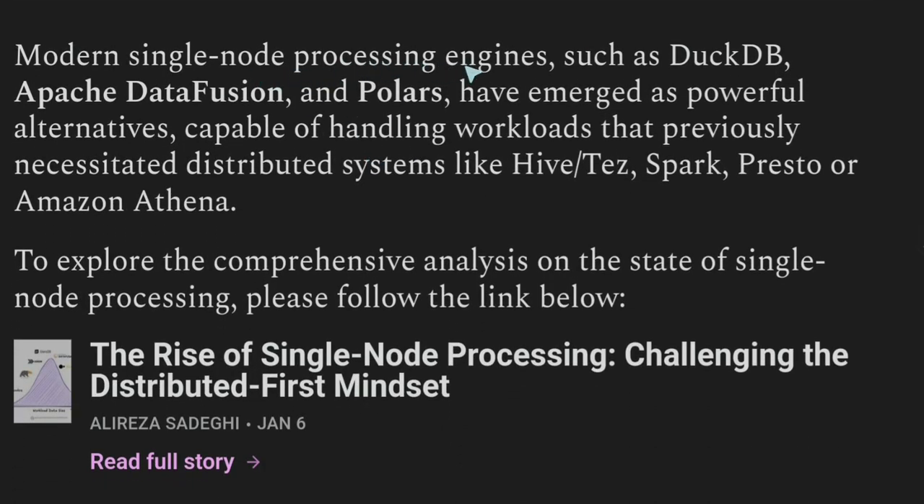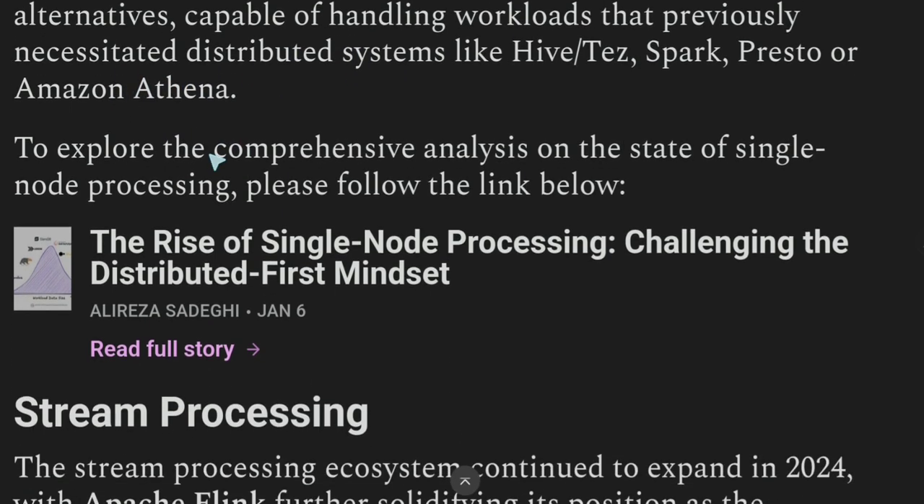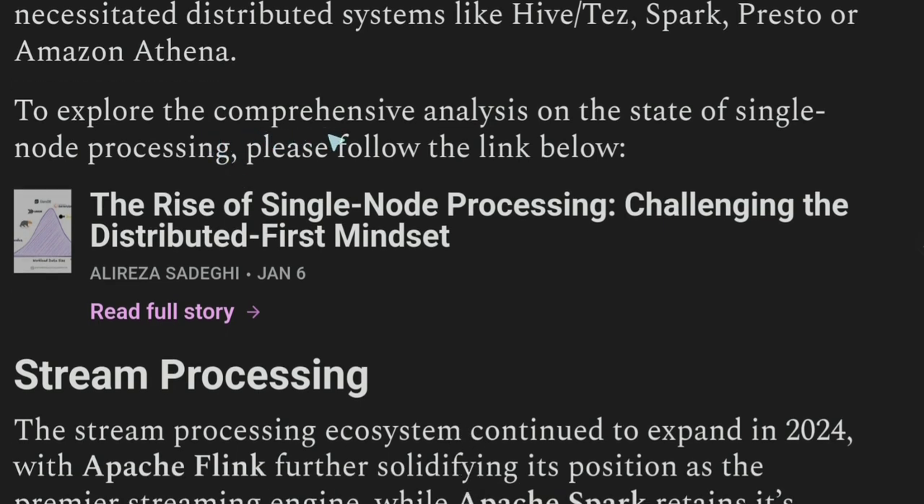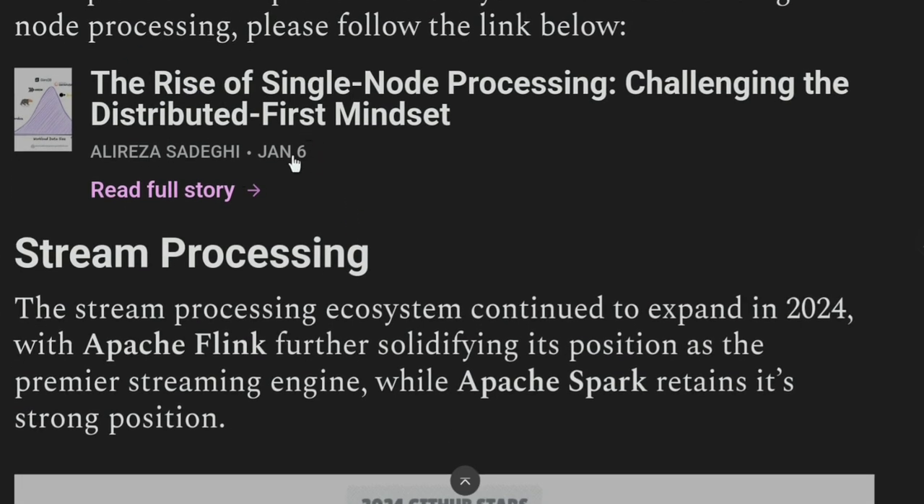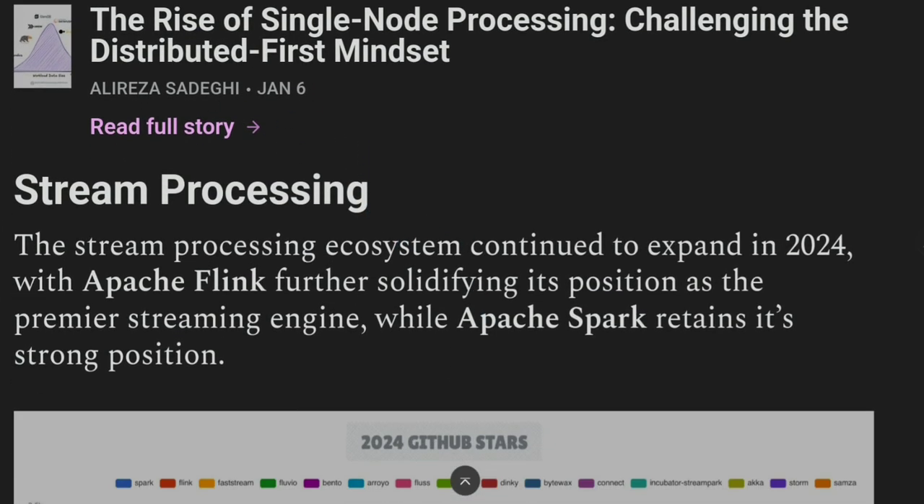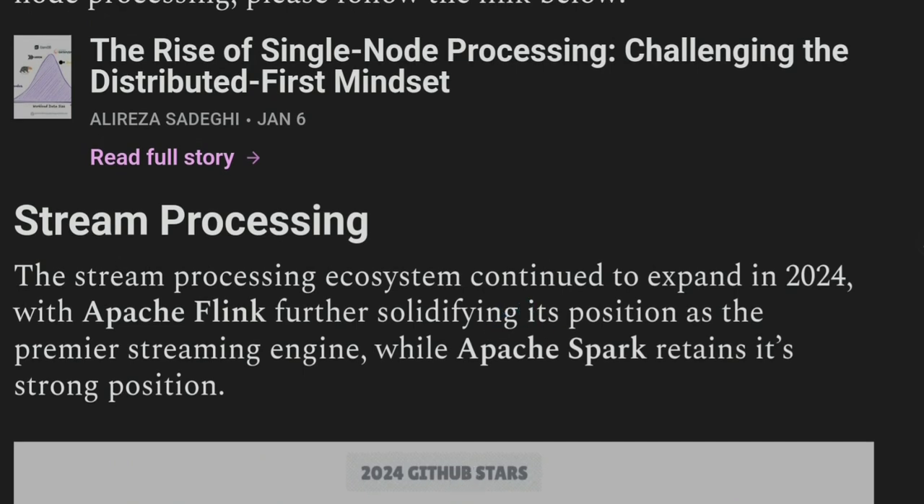Modern single-node processing engines such as DuckDB, Apache DataFusion, and Polars have emerged as powerful alternatives capable of handling workloads that previously necessitated distributed systems like Hadoop, Spark, Presto, and Amazon Athena. To explore the comprehensive analysis of the state of single-node processing, please follow the link below. Interesting. This would be an interesting read. Basically, I was saying, if you can process everything in a single node, why not do it? It would be faster, less things to worry about,